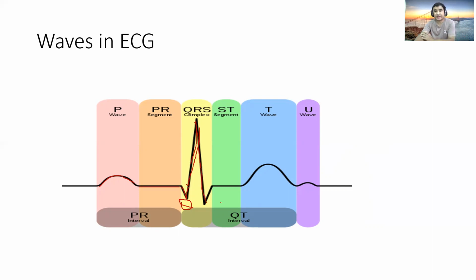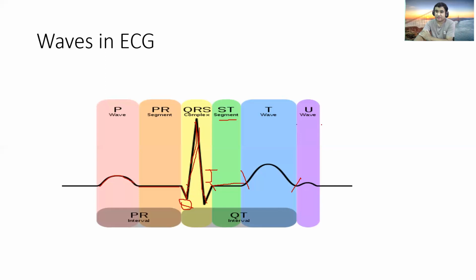This is the ventricular depolarization, and it proceeds from the apex of the heart towards the posterior directions. That's why you see the S wave. Then this is the electrically silent phase, called the ST segment, and the point where the S wave meets the ST segment is the J point. You have to know the J point. This is the ST segment, and the T wave is because of ventricular repolarization, and sometimes you also see the U wave.